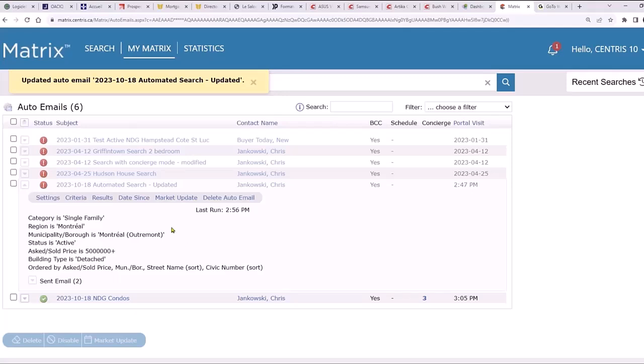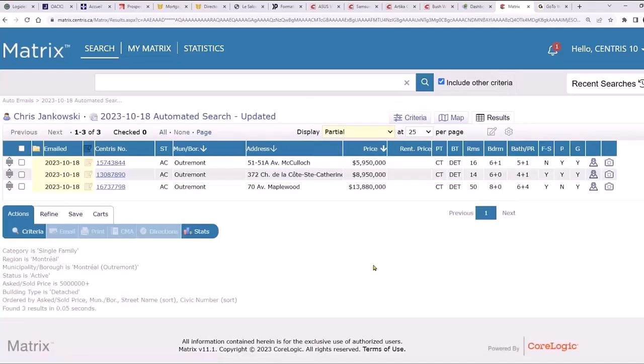So it's still set up. None of the settings, none of the search criteria disappeared. It's just not active. So it's not going to be sending new messages. It says last run today at 2:56. It's never going to run again. But if you're ever looking, I had something set up for the client. If you want to click the results, you can always click the results. For you, it's available. It's just not available to the client. Okay? So that's something to think about.